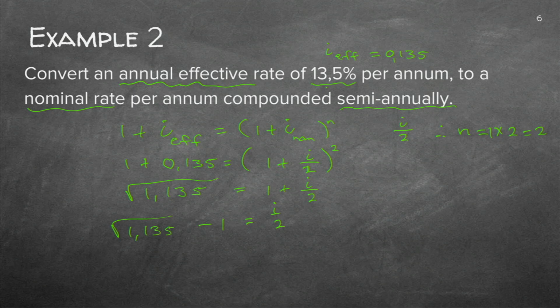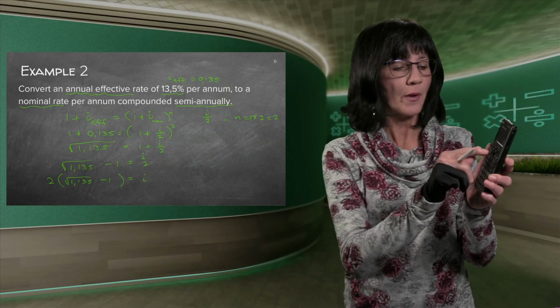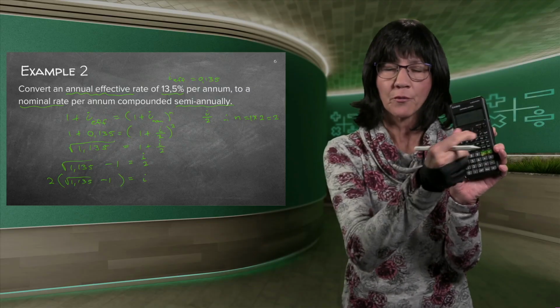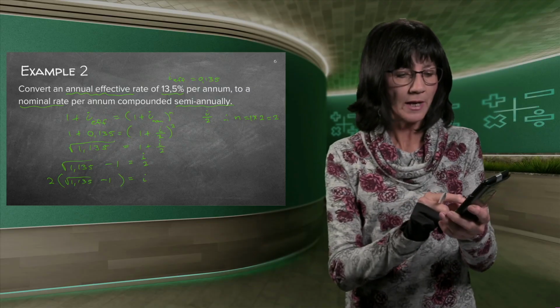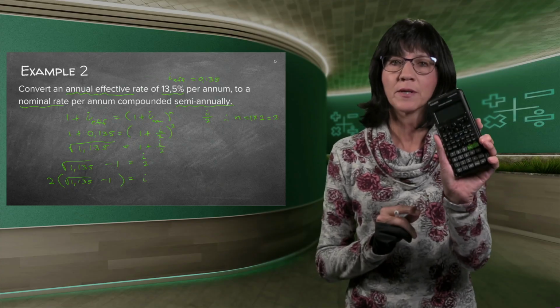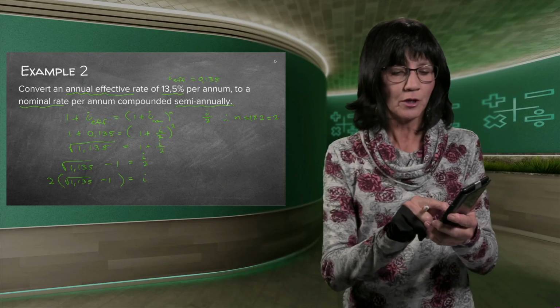Make very sure that you write the minus 1 far apart from the square root. And now I need to get rid of the 2. So the whole left-hand side, as you did on the right-hand side, needs to be multiplied by 2. You grab your calculator. You say 2 bracket, just as you read it there, square root 1.135. Make sure you go out of the square root by pressing the cursor on the right-hand side. Only now you can do the minus 1. Check your calculator. If that minus 1 is under the root, you made a mistake. Then you close your bracket.